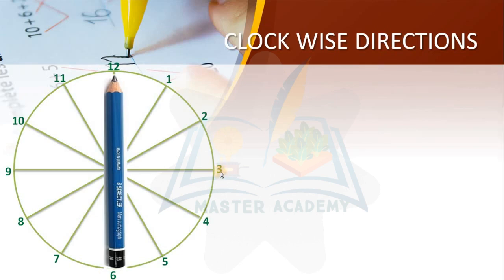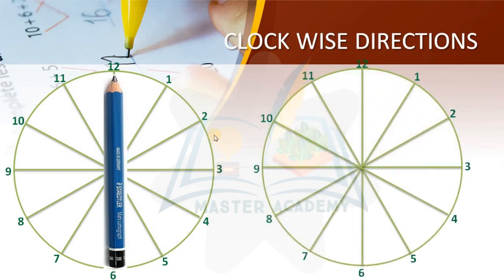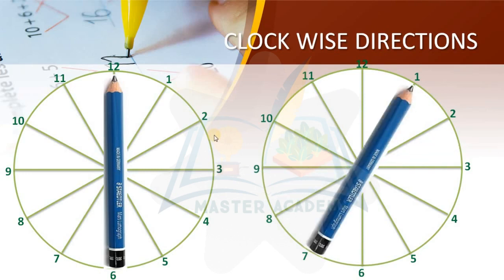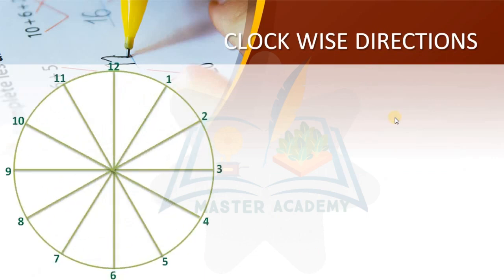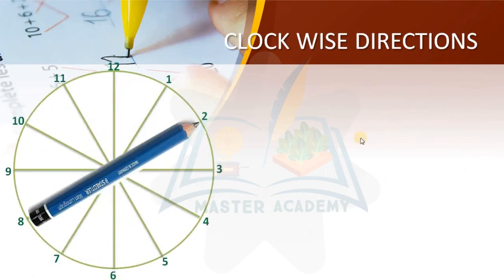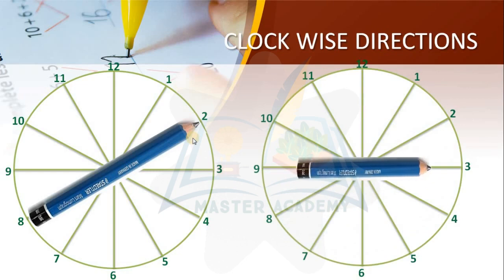Okay, second figure, if you observe, likewise it will move 12 to 1. Understood? So in the second figure, beta, in the first figure the pencil is exactly at 12, and here I have shown 12 to 1. Now it will move 1 to 2. Exactly as I have shown here, it will move 1 to 2. In the same way 2 to 3. It will move 2 to 3.